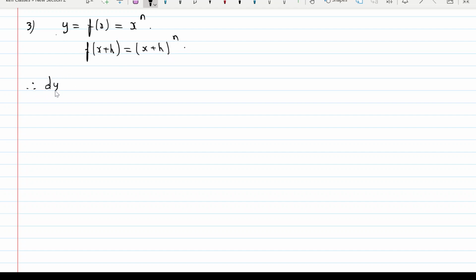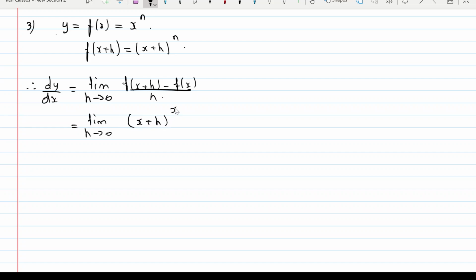Therefore, by first principles, dy by dx is equal to limit as h tends to 0 f of x plus h minus f of x upon h, which is equal to limit as h tends to 0 x plus h raised to n minus f of x, which is x raised to n, divided by h,